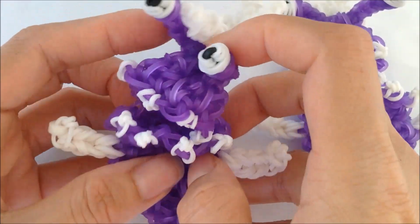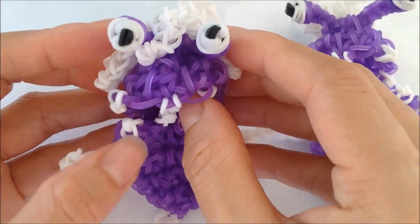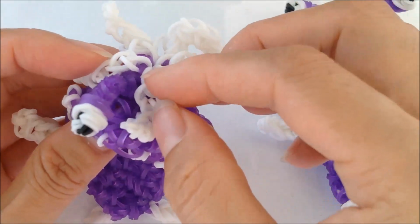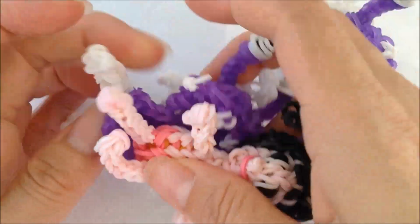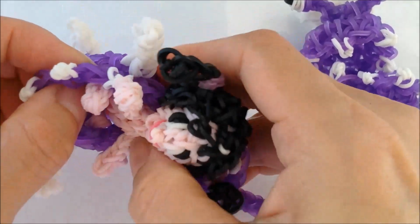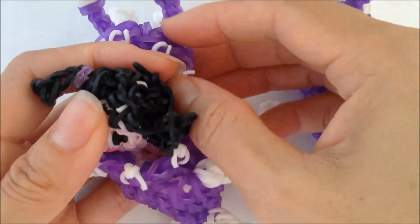And at this point you can fix the teeth and the eyes and everything to the way you want it to look, and even the hair. If you want it to droop more in the face area, then you might want to tuck it in from the top. You can make a little girl dress-up doll into Boo and stuff her inside your monster suit